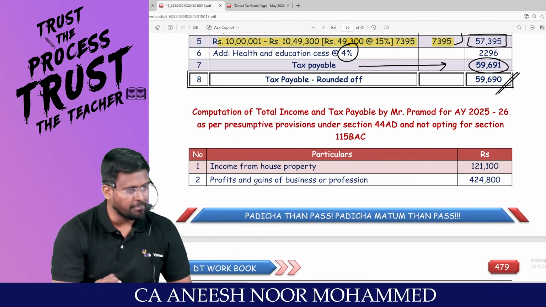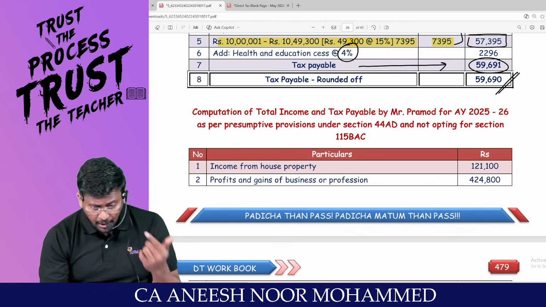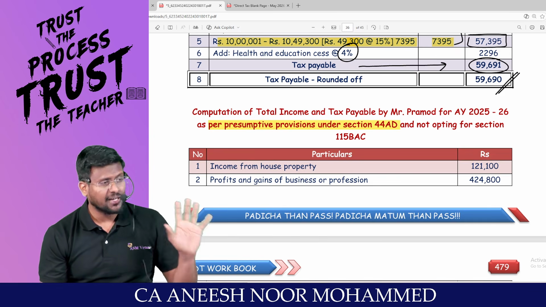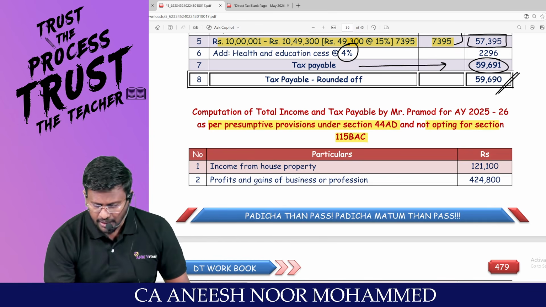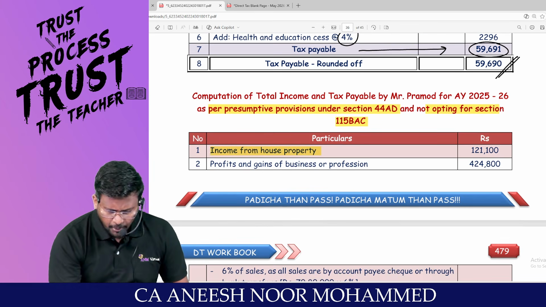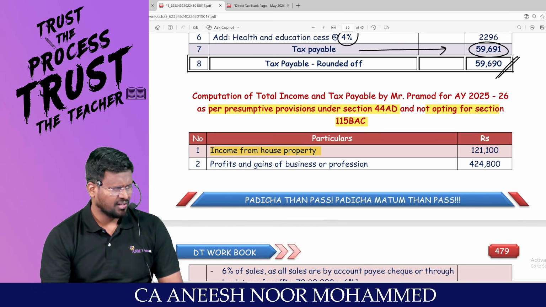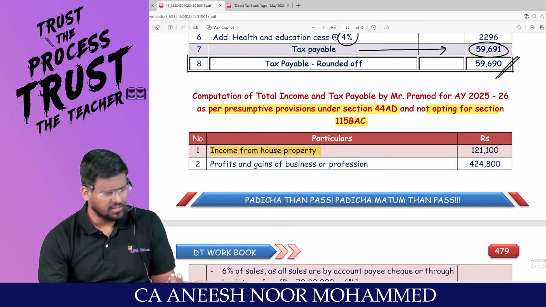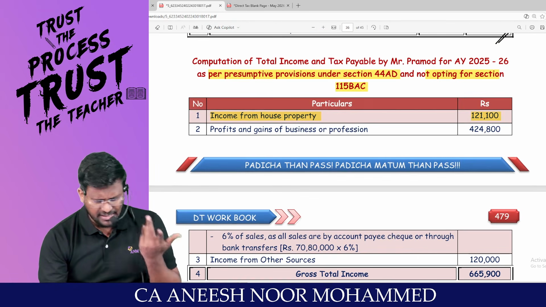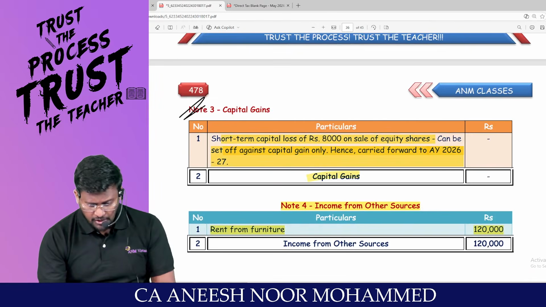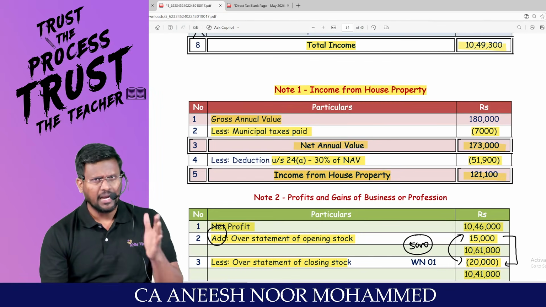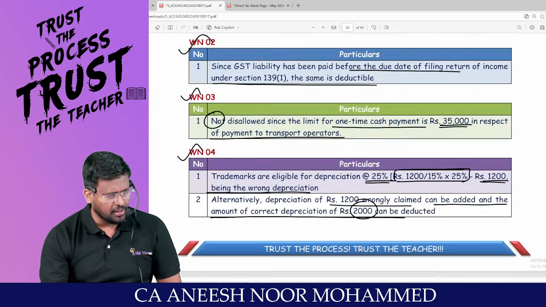Now I'm moving into the second part. Sir, for the PGBP, I am going to use the presumptive taxation route. And for the ultimate route, I'm not going to travel through the default tax regime. I'm going to travel through the optional tax regime. Income from house property will not change. The same 1,21,100 only. You want once again income from house property computation? No, the same. Am I right? Because from income from house property, we are having only let out property. Let out property is the same in both default tax regime and the optional tax regime.